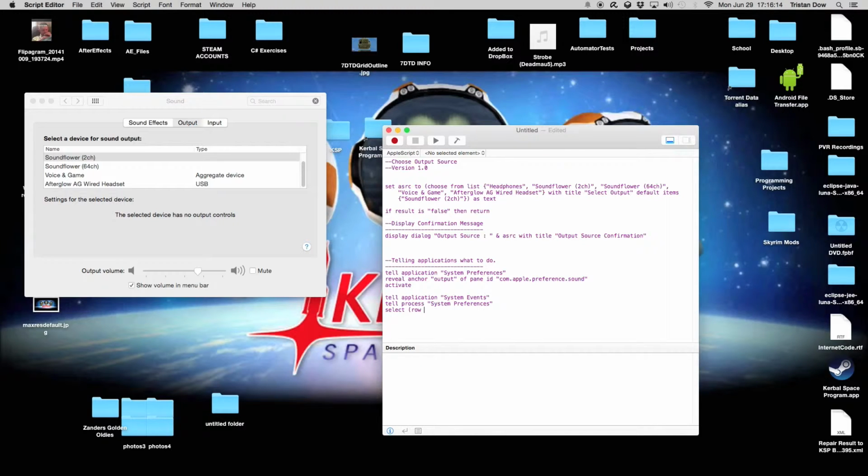So row 1, which if I come in here, this right here where it says name, and below that is row 1. That's a row, or it's actually a column, but it's a row. So I'm going to tell row 1 of table 1, which there's only one table here, of tab group 1,